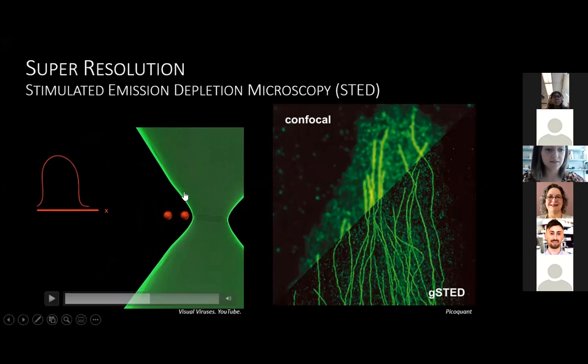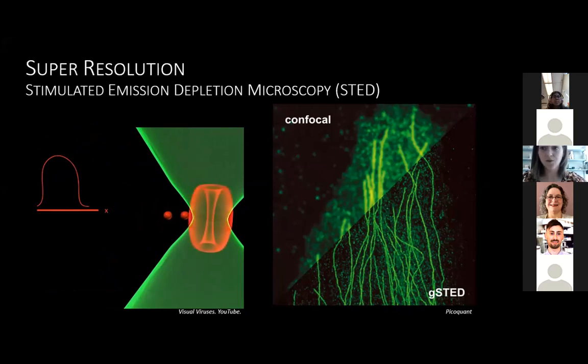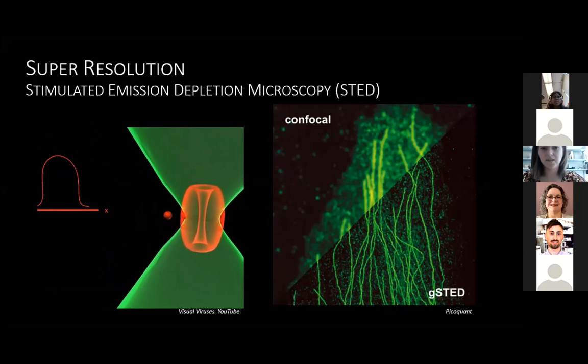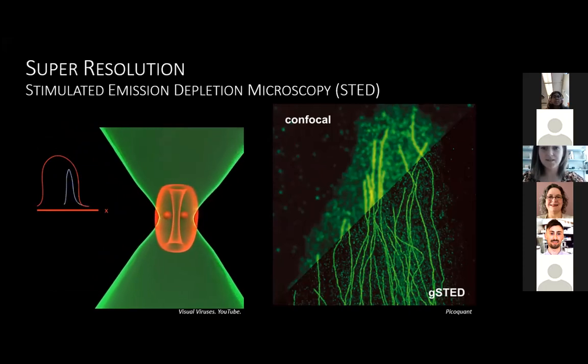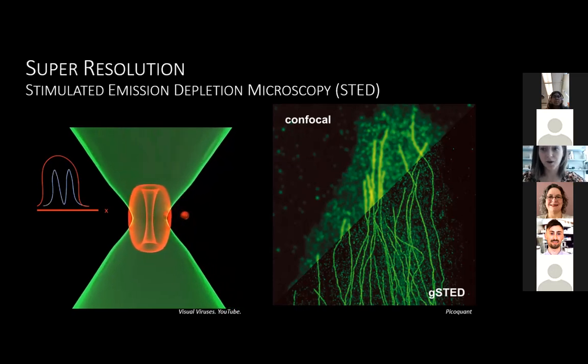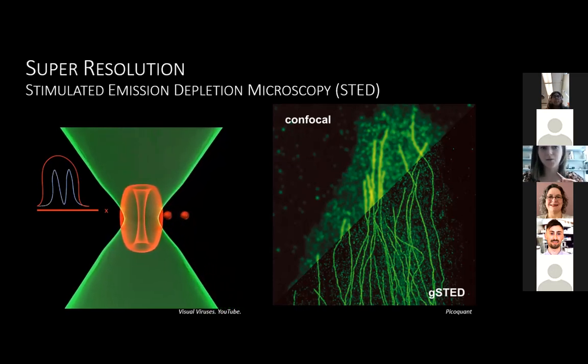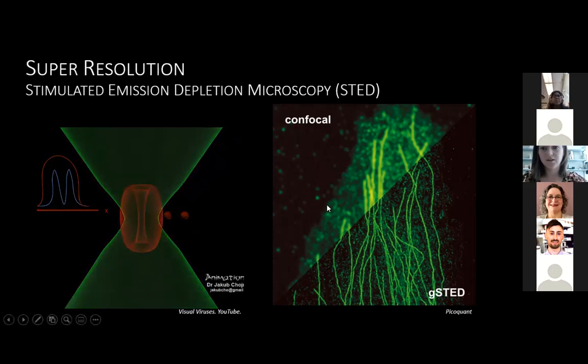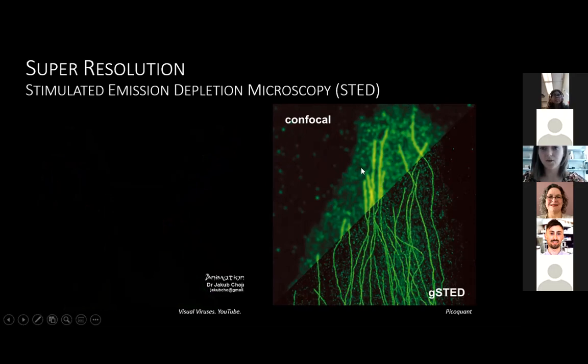But what STED does is it creates this donut where the outer ring of the donut forces the fluorescent molecules to be non-fluorescent, and they only fluoresce in that central part of the donut, and we're able to resolve those as 2 distinctly different objects. So on the right here, I have an example of a confocal image of microtubules, and the exact same sample imaged with STED, where you can see that